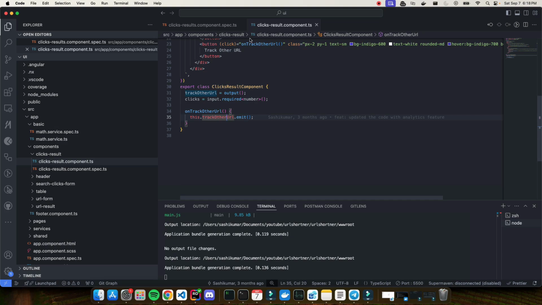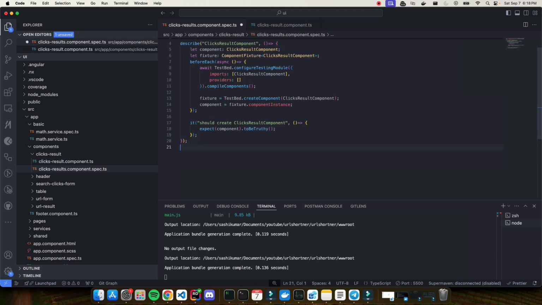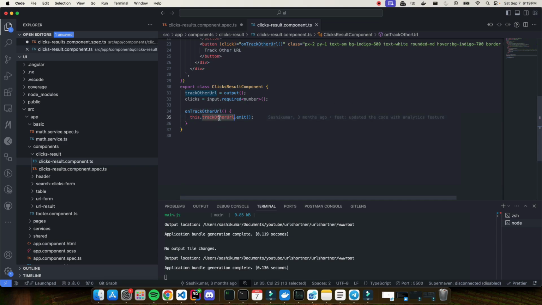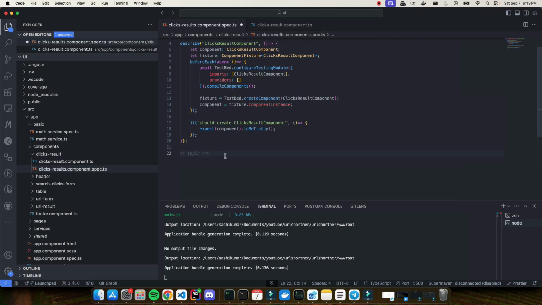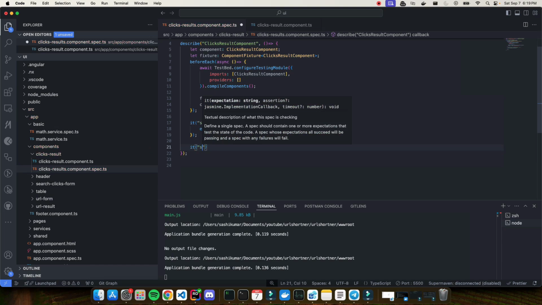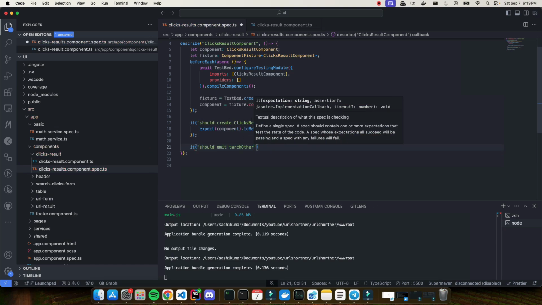As I told you that term, spy, there is something called spyOn, and again this is provided by the Jasmine framework itself. It's a function which is used to create a spy on an existing method of an object. So this will try to see whether this object is calling this method or not. This is what we are going to create by using spyOn. So let's go ahead and create our second test case by saying it should emit track other URL when